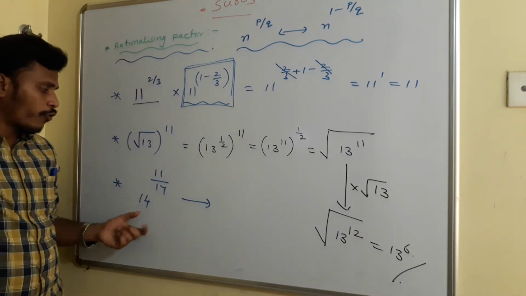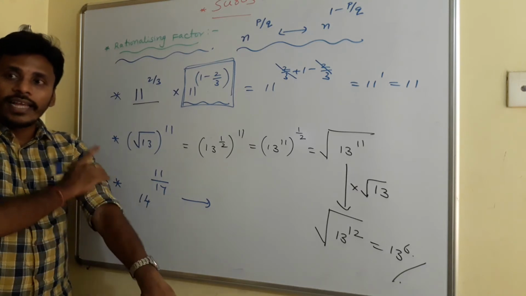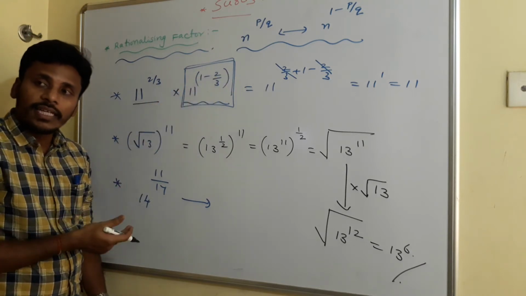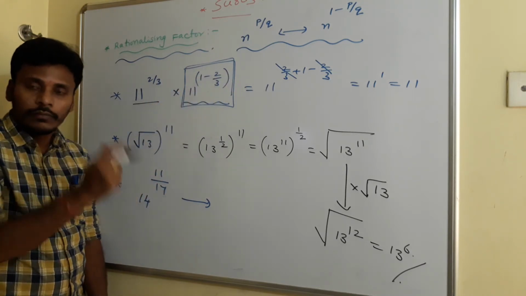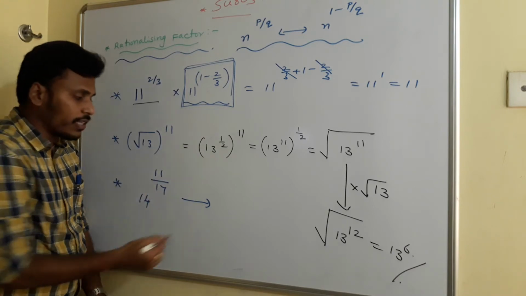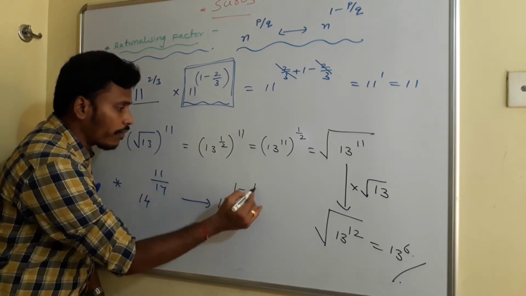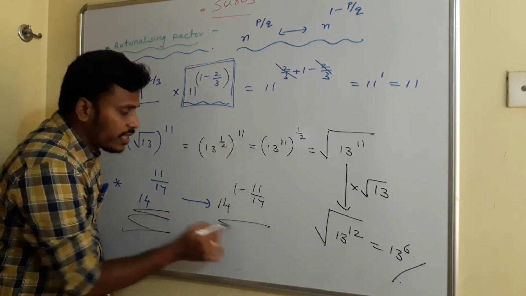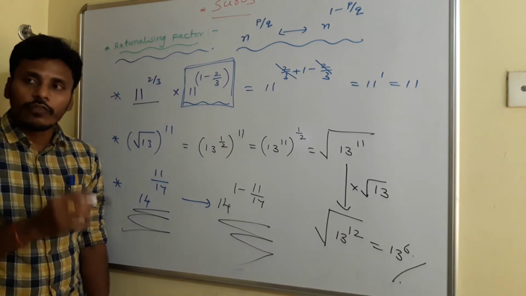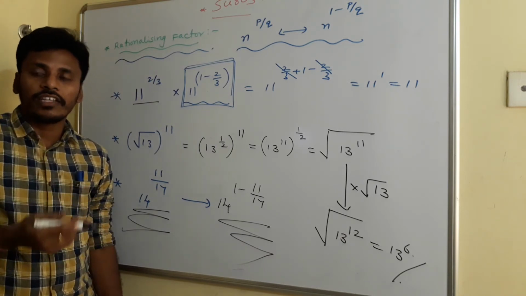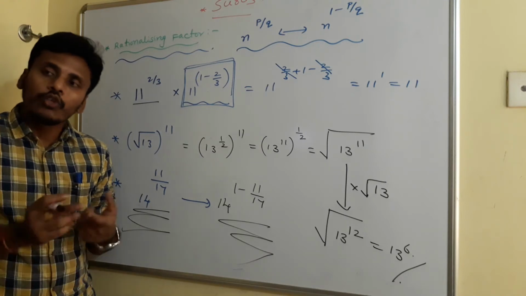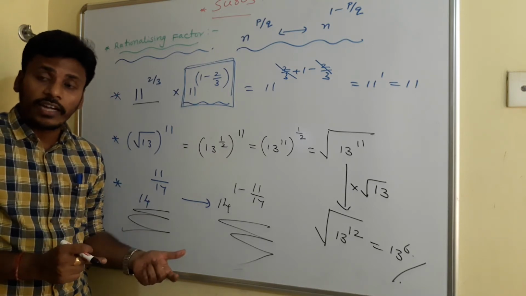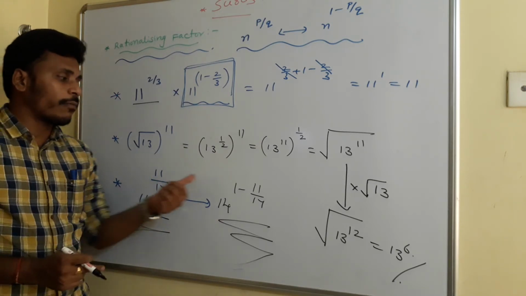And I have one more example, like 14 power 11 by 17. For the rationalizing factor of this 14 power 11 by 17, just utilize this thing. To make it a rational number, the power should be 1. See, this is 14 power 11 by 17. If you multiply it with 14 power 1 minus 11 by 17, this is the expected rationalizing factor. First of all, you need to expect such that the product is rational. After that expectation, you need to multiply to check whether your expectation is right or wrong. I am expecting that the rationalizing factor may be 14 power 1 minus 11 by 17.